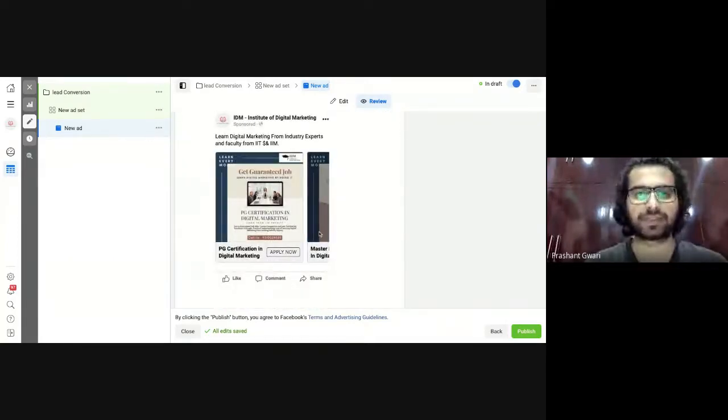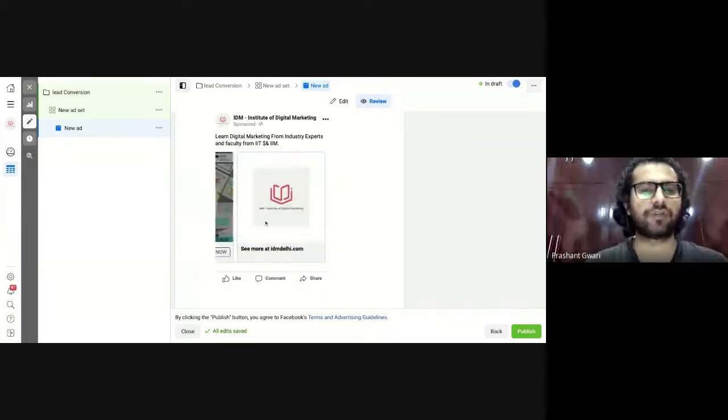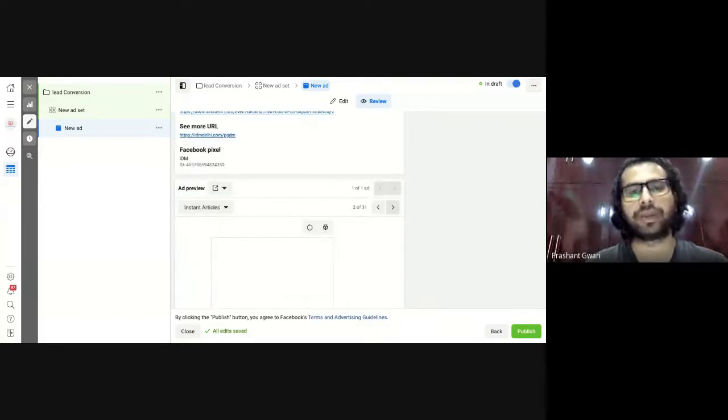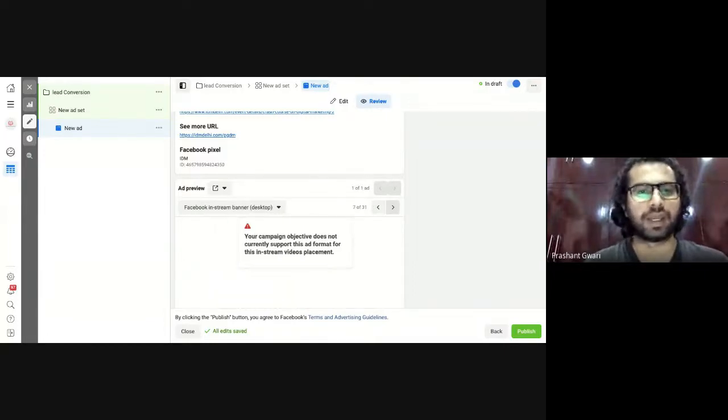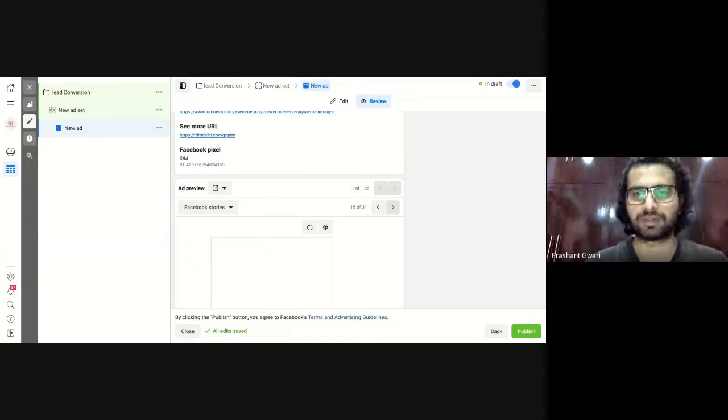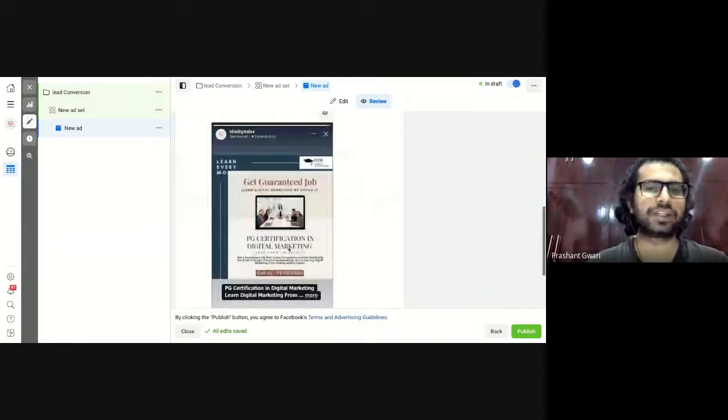You can see here like this. That's how your advertisement will appear. And if you want to see the different versions of the advertisement, how it will appear on stories and other placements, you can change all the previews here one by one, and you can find out how your advertisement will appear in different sections. Let's see how it will appear on a story one more time, because stories are a really important part of any marketing campaign. That's how it will appear on an Instagram story.